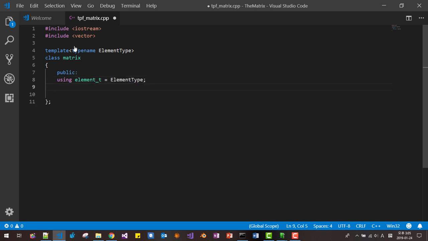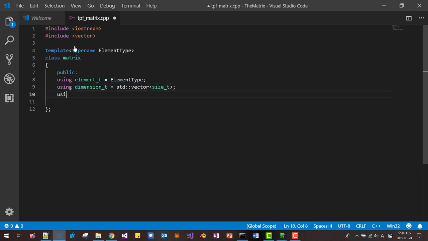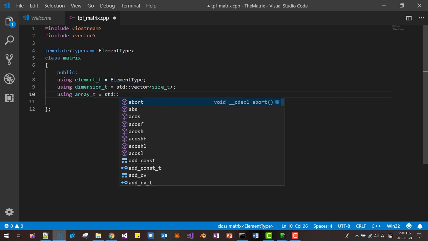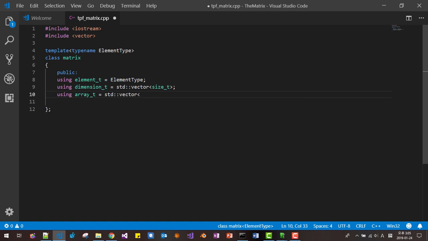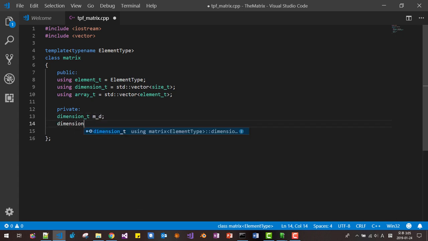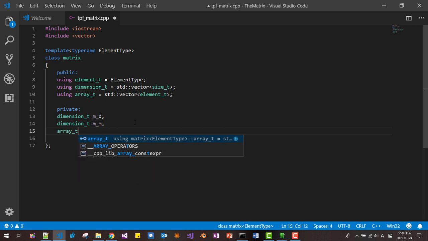We will create another data type using dimension_t = std::vector<size_t>, then another one using array_t = std::vector<element_t>, then private: dimension_t m_d, dimension_t m_m, array_t m_e. This holds four dimensions